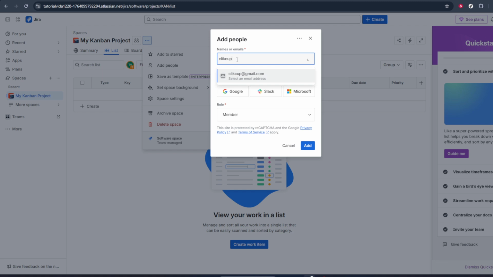In the field provided, start typing the email address of the person you want to add. As you type, Jira may suggest existing users that match what you've entered. Make sure you select the correct person and double-check the spelling of the email to avoid inviting the wrong account